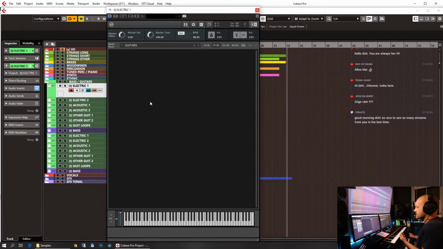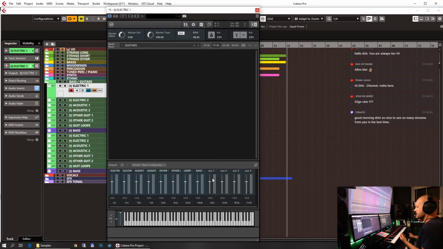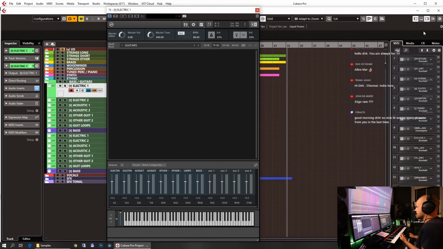In the output section, every contact has 8 outputs. That translates to the physical outputs from the instrument, 1, 2, 3, 4, 5, 6, 7, 8. And 16 instruments per instance means I can send to